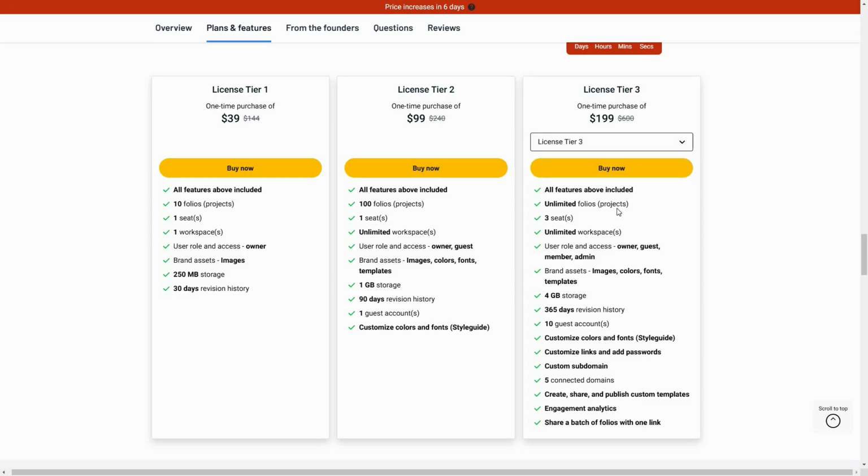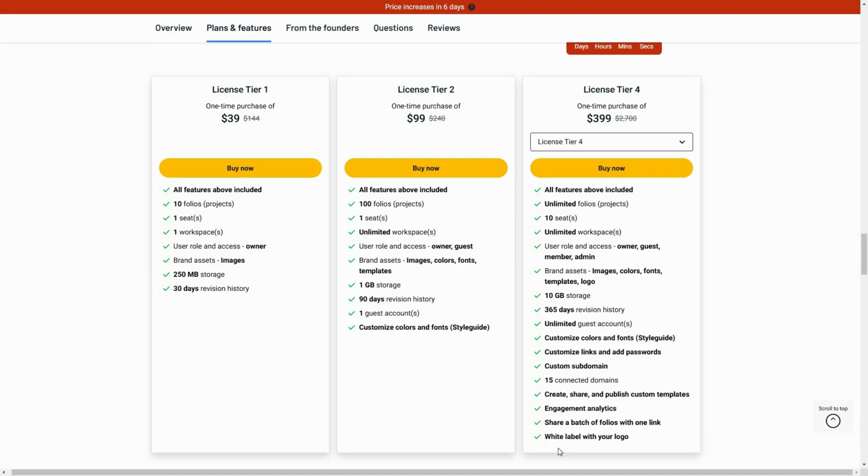Here you can create unlimited folios or projects. You also have 3 seats, unlimited workspaces. You can upload various brand assets. You have 4 gigabyte of storage. And here you also get some additional features such as you can customize the links. You can also add password. You can add custom subdomain. You can connect up to 5 domains. You can create, share, publish custom templates. You have engagement analytics, and you can also share a batch of folios with one link. And then there is also tier 4. So this is the highest tier, and only on this tier you are going to get the white labeling feature